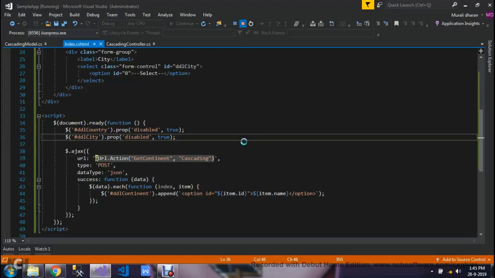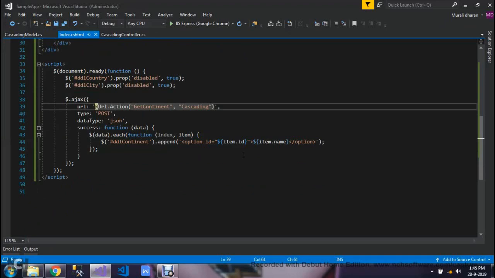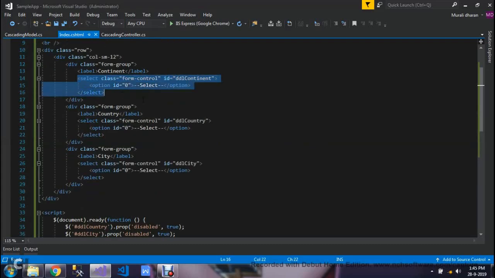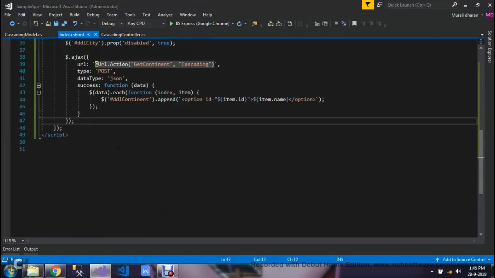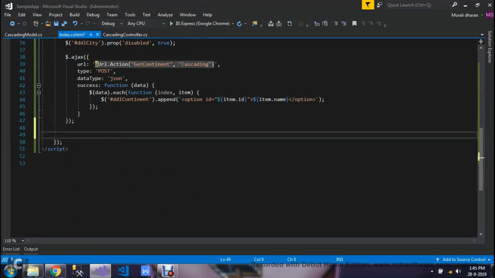Now let's go ahead and really implement the cascading functionality. As of now, we just took data from a controller and loaded it in a drop-down list. Now when we change the value of the continent control, we should take the value, pass it to a controller, get the particular continent's countries from the controller, and render them into this country select control. Let's see how we're going to implement this. For that, when we make some changes in a continent,